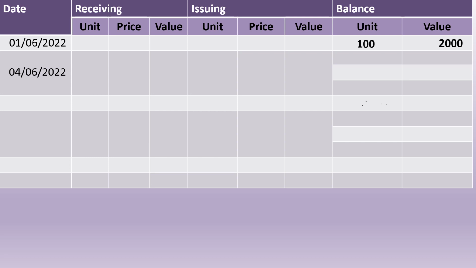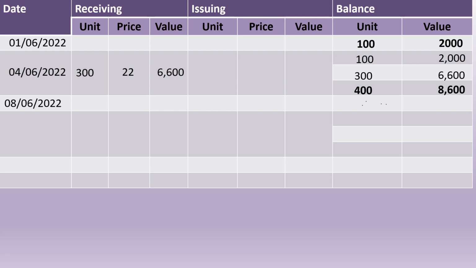On 4th of June, they have received 300 units at 22 rupees. The total value is 6,600. So we are going to add this value to the opening inventory. So we are getting 400 units with the total value of 8,600. Now on 8th June, they are going to issue 300 units. According to the weighted average method, we are going to take the weighted average price. To get the weighted average price, we have to divide the total value by the total units,